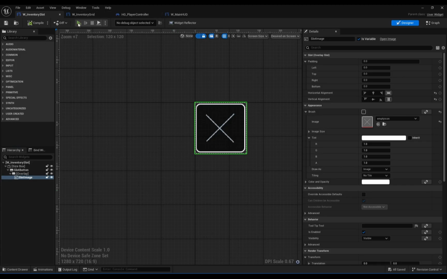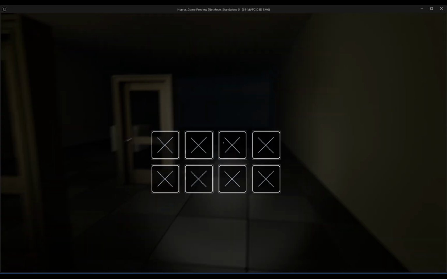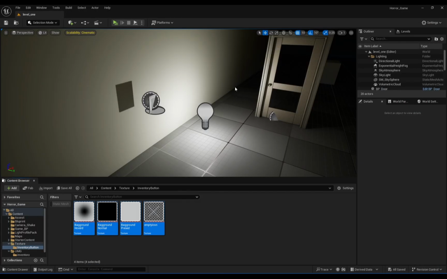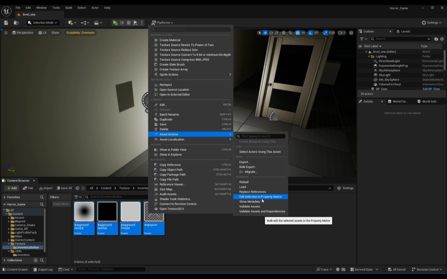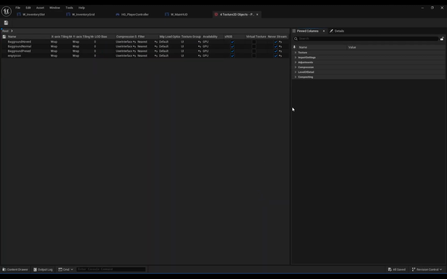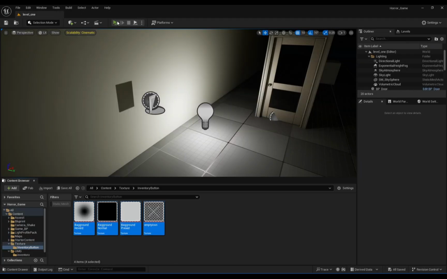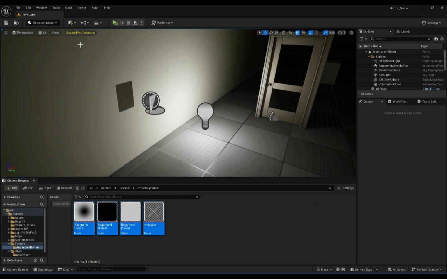Now I hit play. Now we have a much better looking icon, and I minimize this and also select this texture again, and right click, go to the asset section and select edit selection in property matrix, and go to the texture and select filter and change it from nearest to the default from texture group, and I save this and hit play again. Now it's more good, and I go back to the,